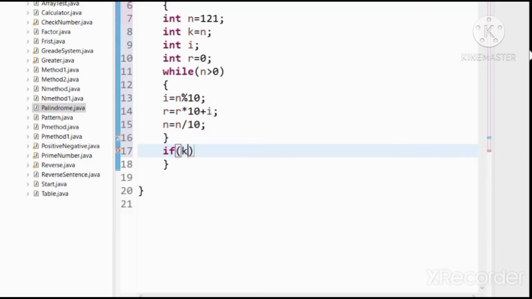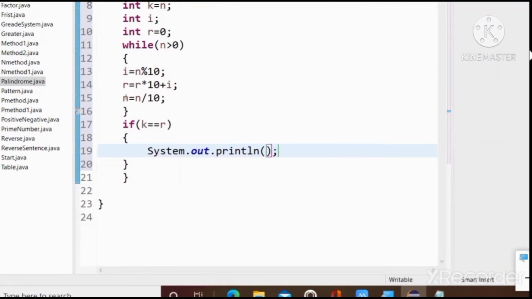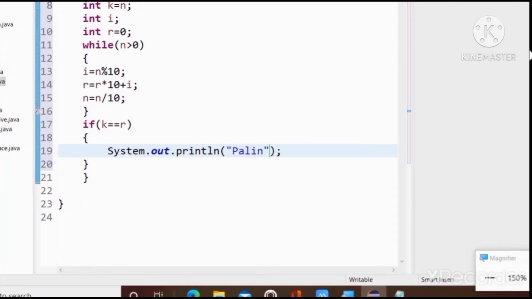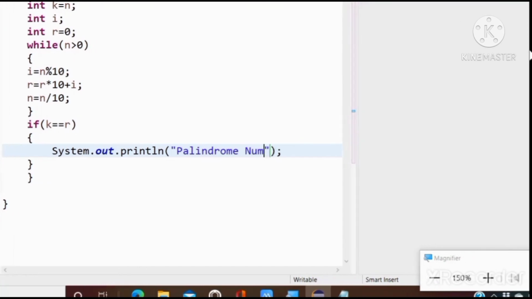If k is equal to r, and if it gets the value true, then we are printing a message, System.out.println, palindrome number.